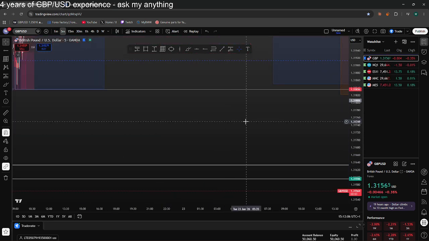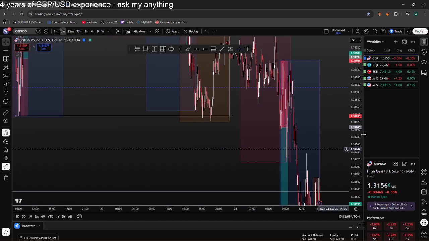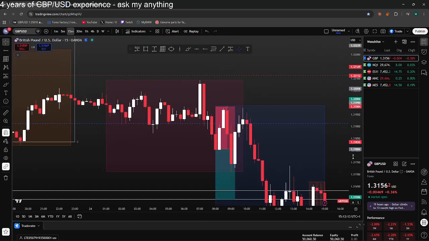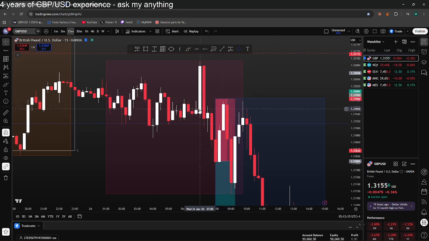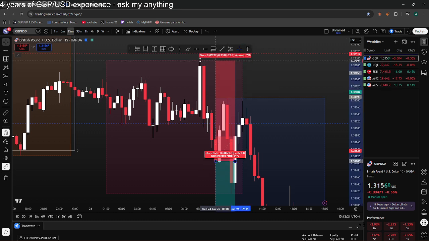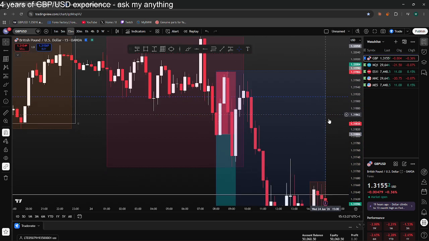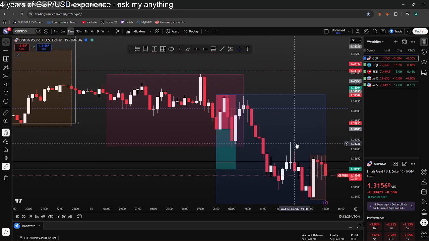Didn't hit the trade, which is kind of lucky because we would have ended up losing money. My stop loss barely got wicked, but it is what it is. I would have set it 2 pips above this high. I didn't want to go all the way up here because that's almost 30 pips. It's ridiculous. But 17.8, looking back at it, I still think it is the right trade to take, even though we did lose it, but I'm not bothered at all, to be honest.